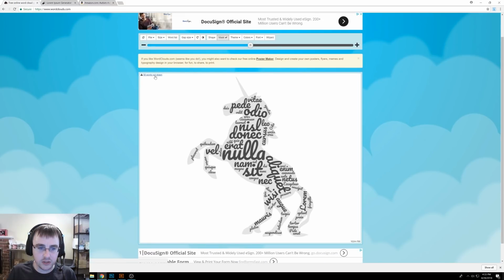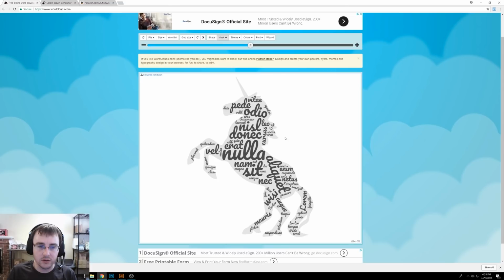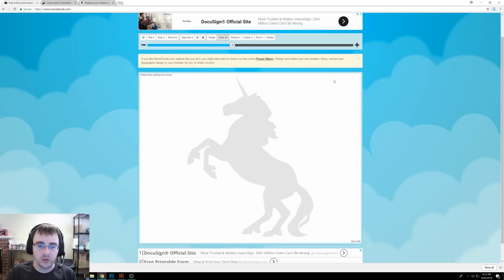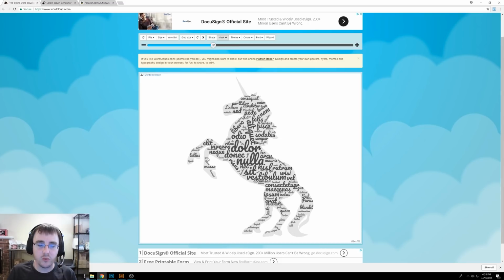Okay, and up here you'll see it says 58 words not drawn. That means it didn't think it had enough room based on the words you input. If you go back to the word list, you can see how it sets up these words on some sort of bell curve. So here's all of our words. Now we can go to this slider right here. There's this big plus minus slider, and we can subtract some, which will make all the words smaller, which should fit more words. Alright, so now there's 46 words not shown. Alright, now we're at 4 words not shown, but you can still see